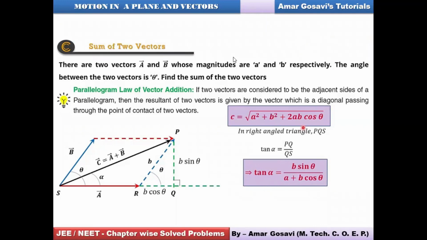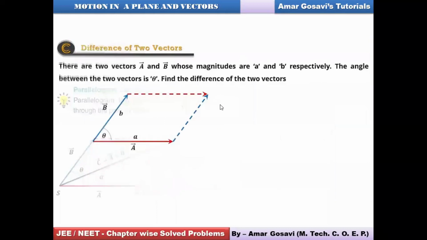Now, an interesting interpretation. Hopefully, you have understood the parallelogram law of vector addition to perfection. All right, this was regarding the sum of two vectors, friends. So let's interpret it now in a different sense. Hopefully, you are done with this. Moving ahead, let's talk about the difference between the two vectors.